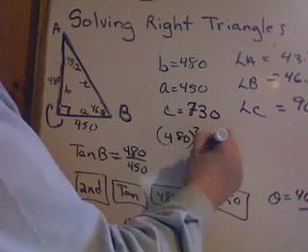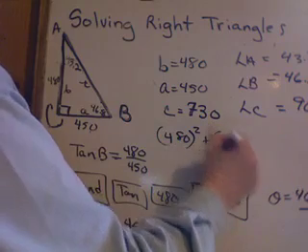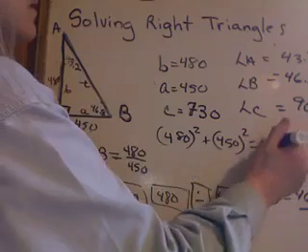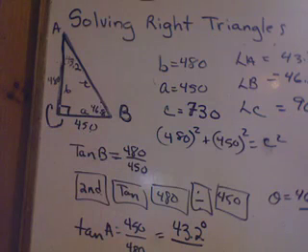480 squared plus 450 squared equals c squared in this case, and solve that. And you can confirm my answer. If I get it wrong, send me